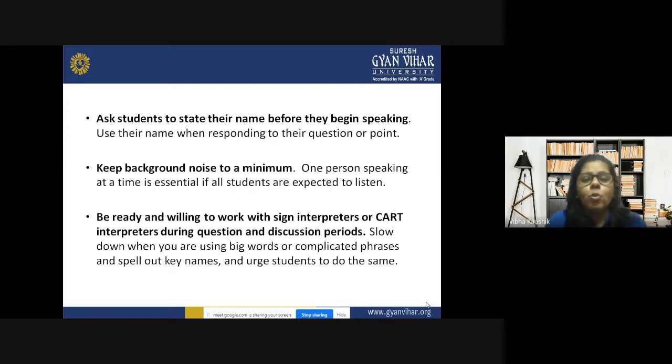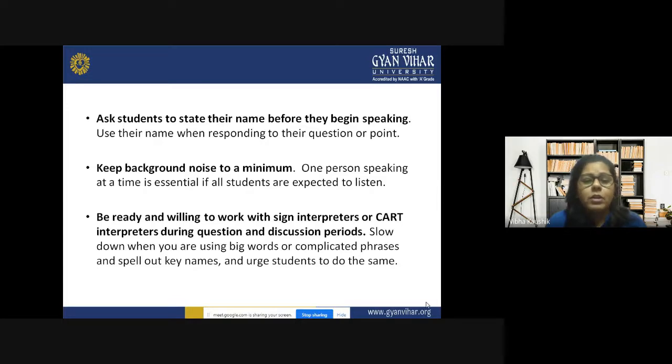Keep background noise to a minimum, meaning there should be minimum interference of noises. One person speaking at a time is essential if all the students are expected to learn, and it is needed if everyone wants to listen to what the other person is saying. Be ready and willing to work with sign